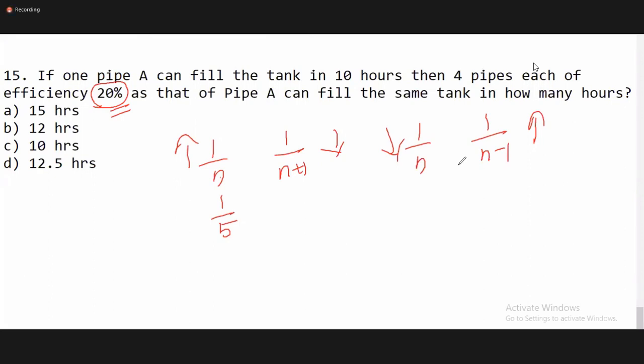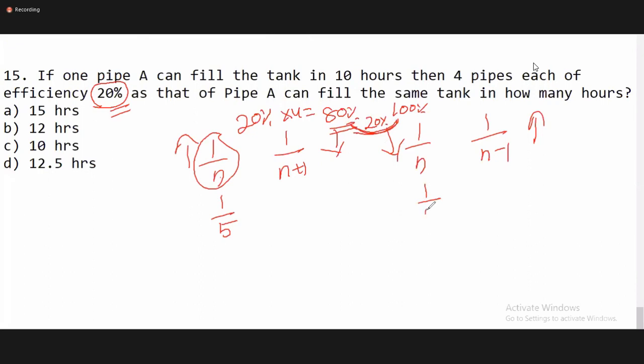So can I say there is a decrease in efficiency, because only one pipe is 20%, all the four pipes include 80%, no? Yes or no? All the four pipes include what? 80%. I know it's very tricky to figure out, but all the four pipes is 80%. Actually, this should be 100%. So how much less percent is it having? Yeah, it is having a lesser percent. So it is decreased by 20%.